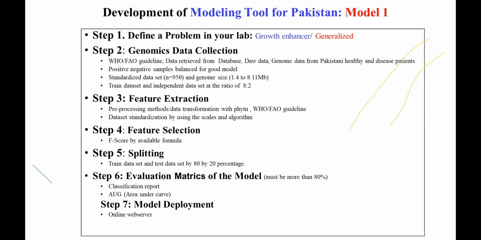And in the next step, data set standardization by using different types of scales and algorithms. It depends upon your own research area. If your research area, from my example, is to improve the health of poultry, you have to select those bacterial strains having genes which can improve poultry gut health, then collect these strains and train the model to negatively push down those bacterial strains which have no capability to build probiotics, right?